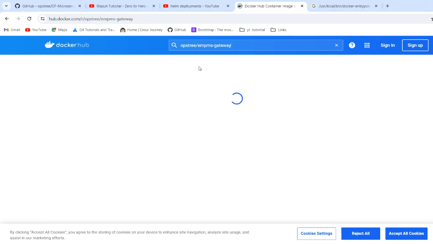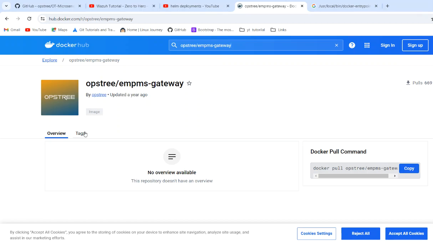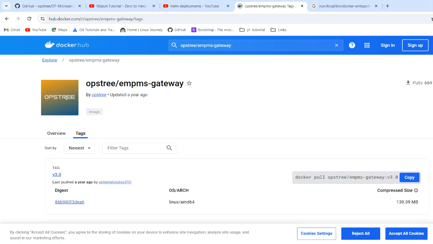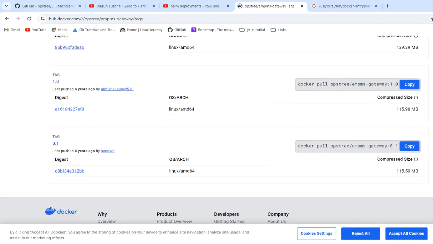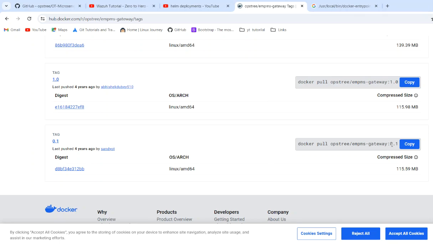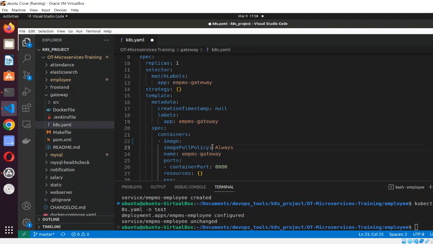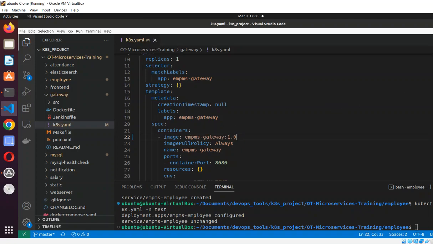Yes, it is available there. And for all the services, we have taken the very old tag. There are two old tags. Let's take this one, it might work or not. If it does not work, then we will go with the older one. Image is the, then